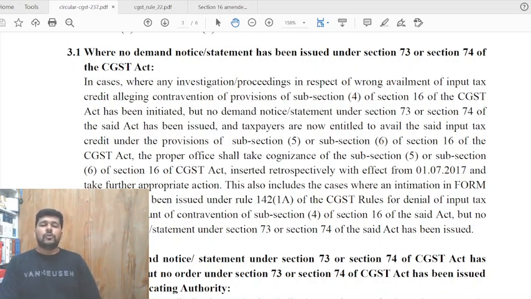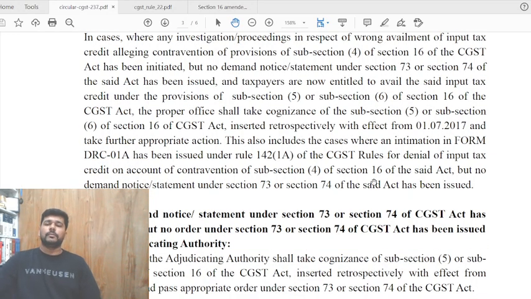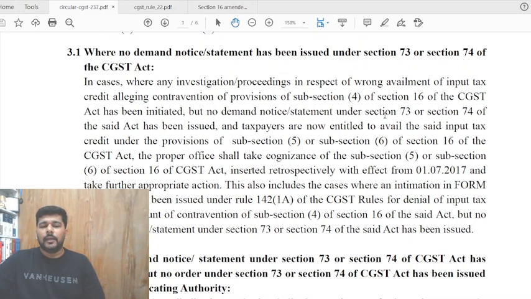Now, in such case also, whether that person will be entitled for this claim of the benefits under 16(5), the answer is yes. Despite the fact that otherwise there were some reasons for this, they are being very clear